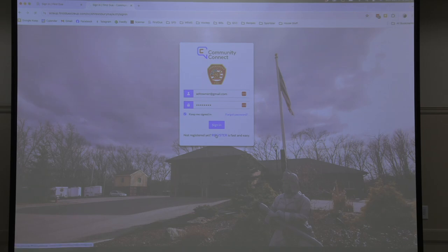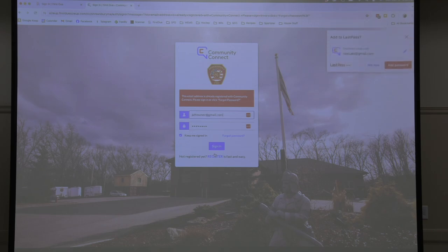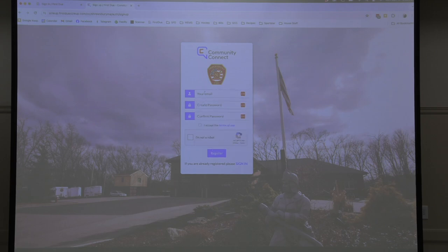So let's see if we can register an account. See if I can put a quick one in here. All right, let's see. All right, we've actually already used that one, so let's see if we can get into another one. I don't want to go into mine because you'll see all the information to get into my house. Give me one sec. Let's see, there's another way we can do this. Yeah, we might have to look at mine, we'll just have to block some stuff out. It's being videotaped, you know. I know, that's what I'm trying to...